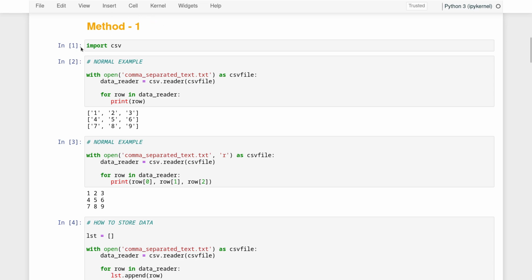Once you have imported this CSV package, the next thing is you can use its CSV reader functionality to read any different separator file. The standard common code to read a CSV file, and when I say CSV, it means it can be comma separated, tab separated, space separated, pipe separated, or any custom separated file. So if you want to read any CSV file, the standard code is with open as a